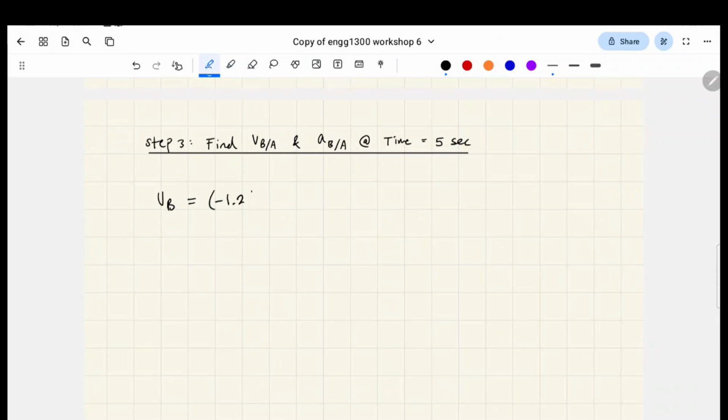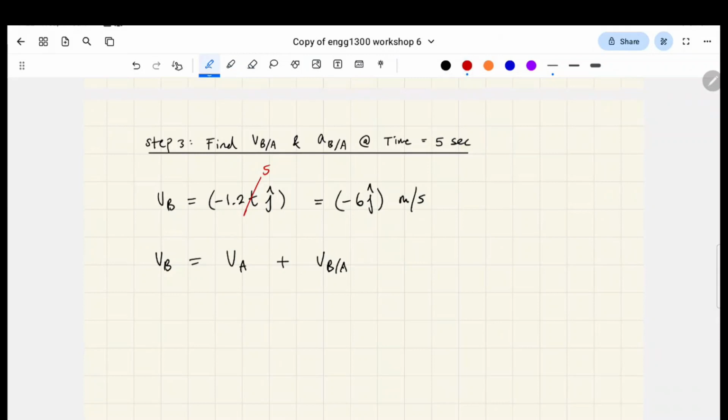So from what we wrote just a second ago, we sub in 5 seconds, and we get that this is negative 6j meters per second. And when we sub this into our relative velocity formula,